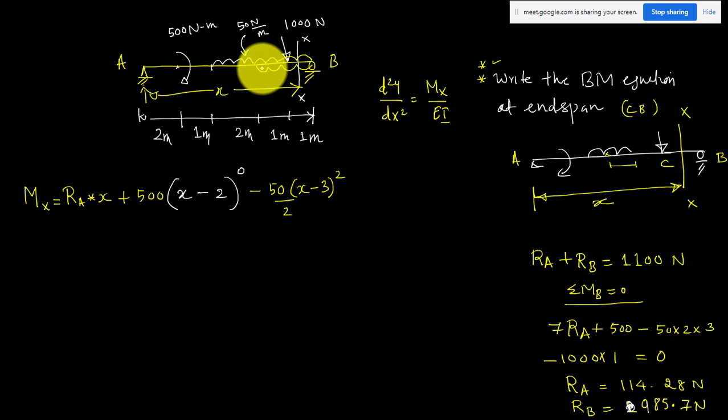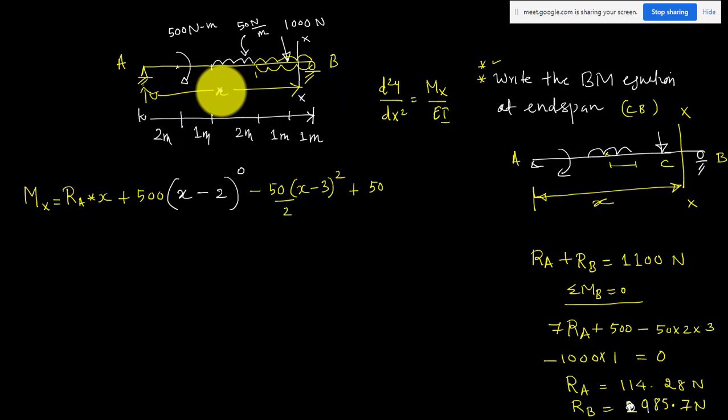Now I have another load in this section x to the left side. I have an upward UDL, so this will create a clockwise moment, so that term should be positive. That moment will be 50 into the distance from here to here, which will be 5 meter.